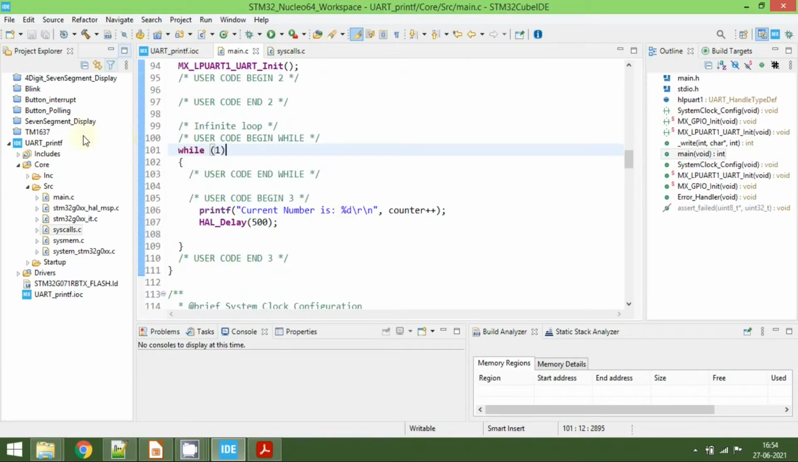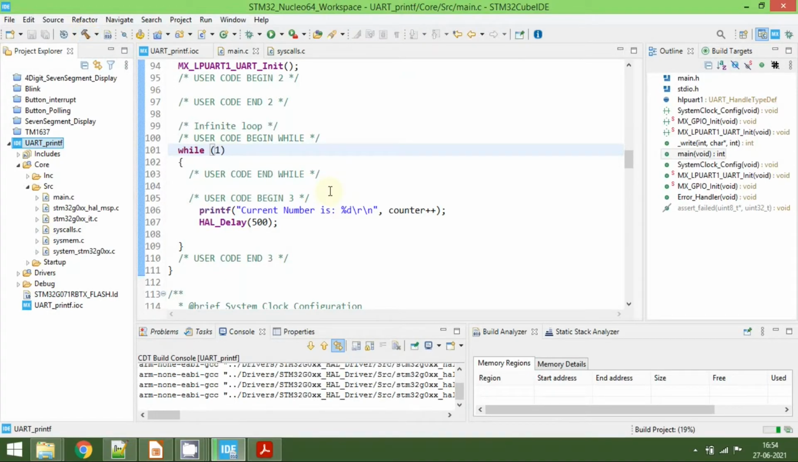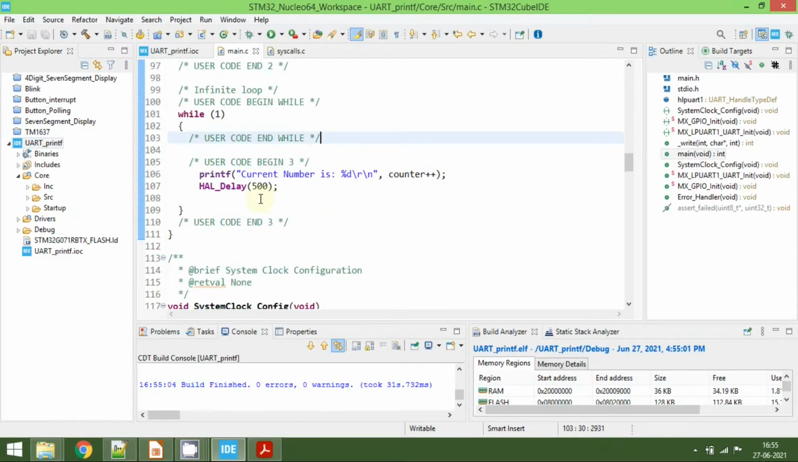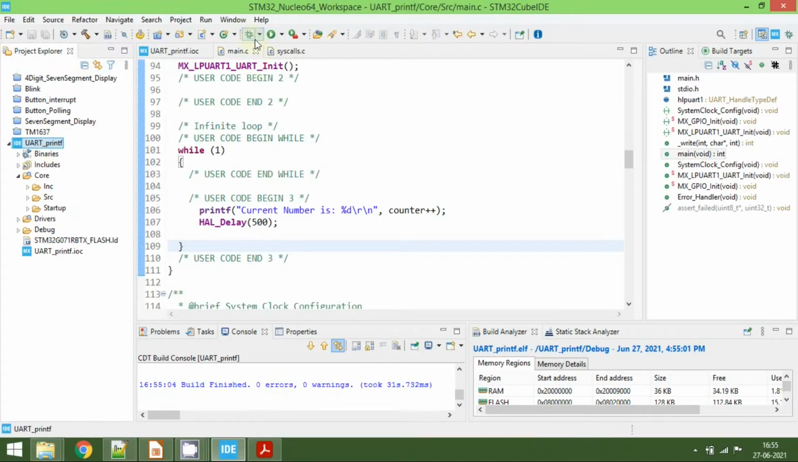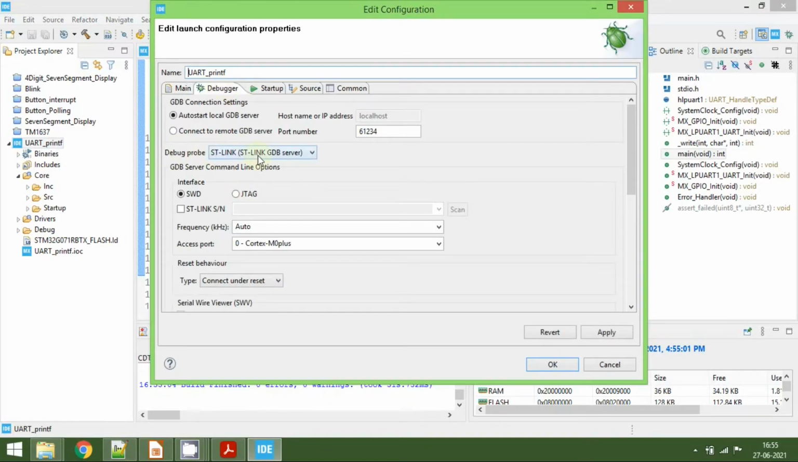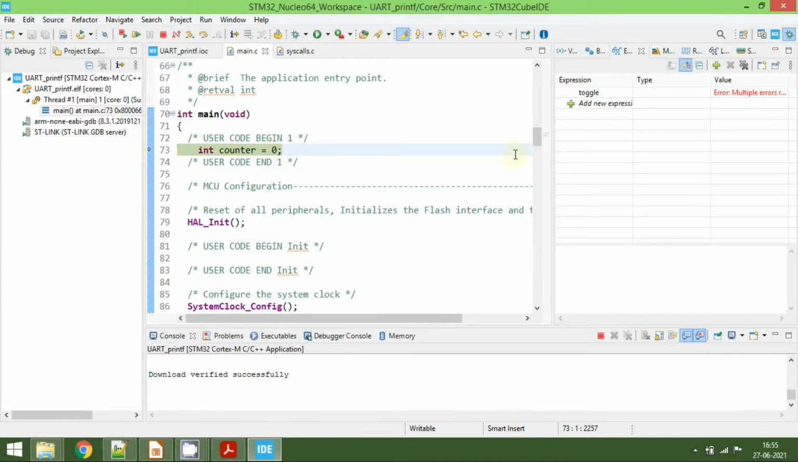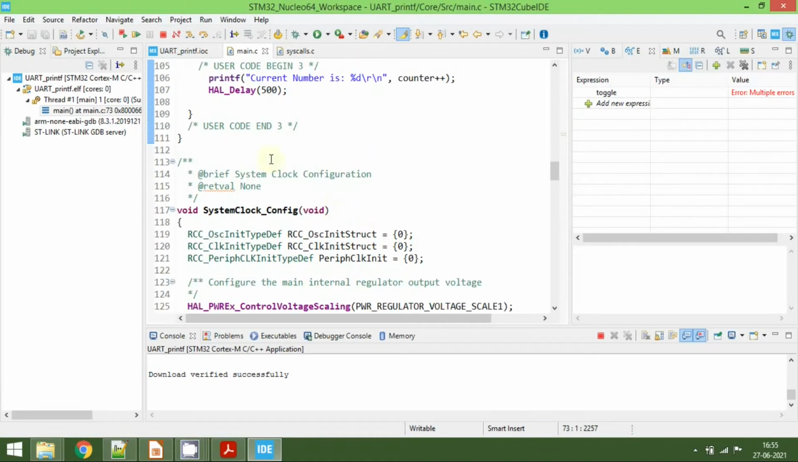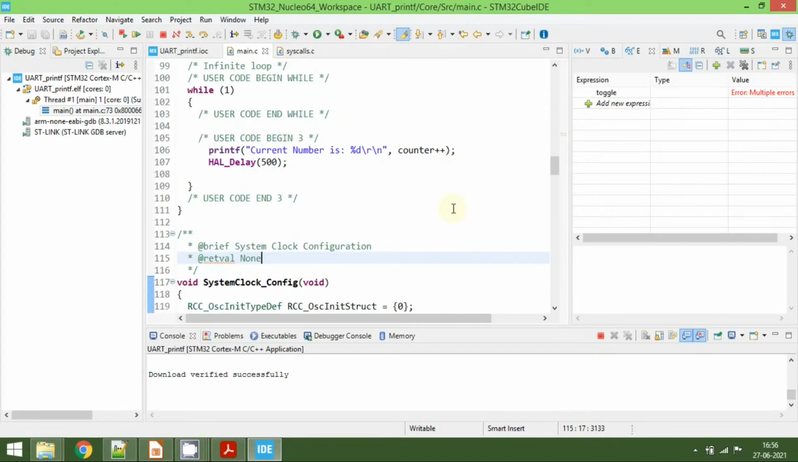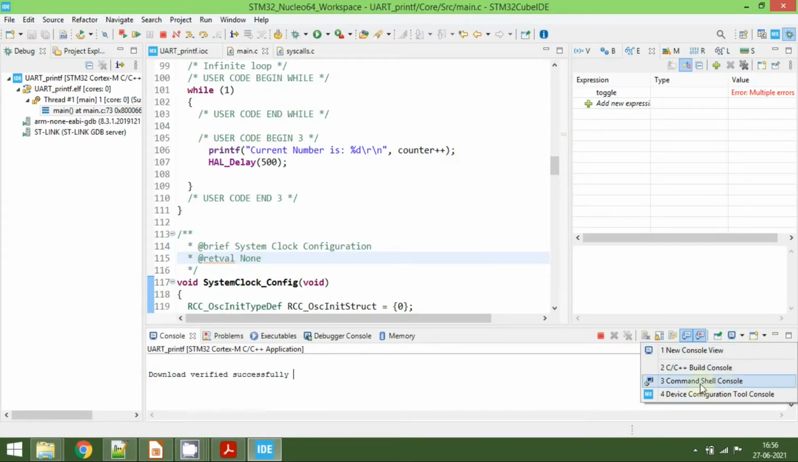Save the code, and then click on this build to compile the code. Now you can see the code is compiled successfully without any errors and warnings. So now let's go to debugging mode. Under debugger, select the ST-Link GDB and then click on OK. So we need a serial terminal to see this printf statement on the console, that we can do from the CubeIDE itself. Now in the bottom here I go to the open console view and click on this drop down, and then click on this command shell,